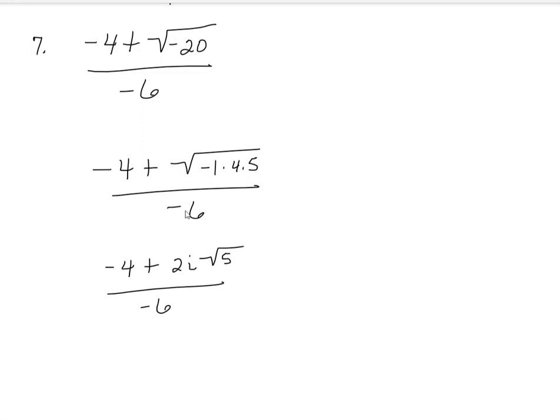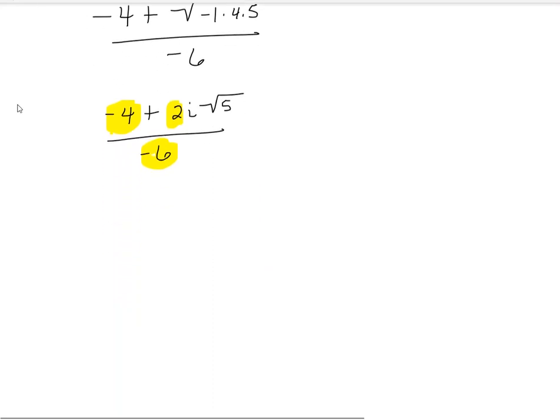And from here, there's a couple of different things that I can do. I'm still wanting to concentrate on the greatest common factor of the -4, the 2, and the -6. Well, the biggest number that goes into all of those is 2. So I'm going to go ahead and divide all of those by 2. And let me scroll down here so I can get some more room. Dividing all those by 2, I get -2 plus i times the square root of 5